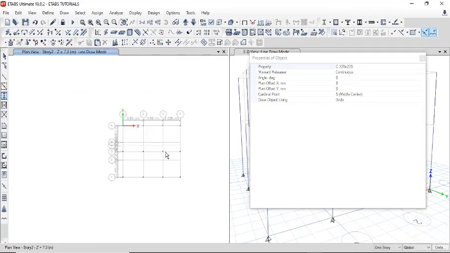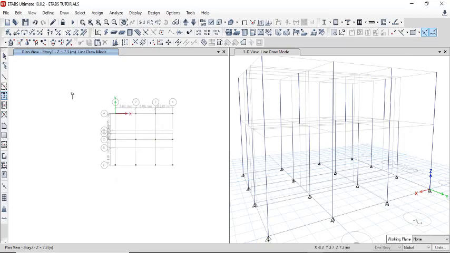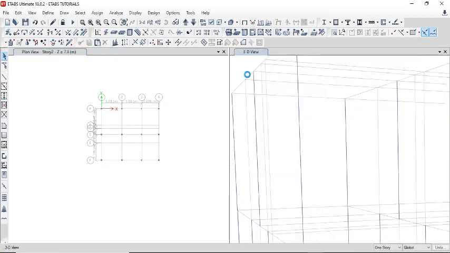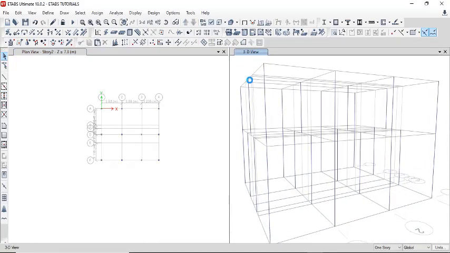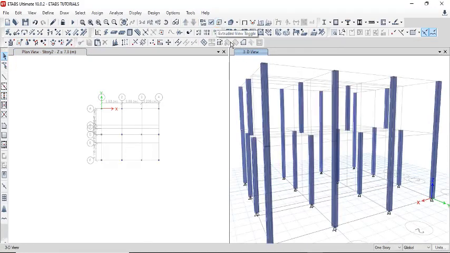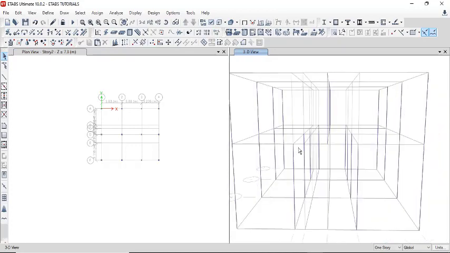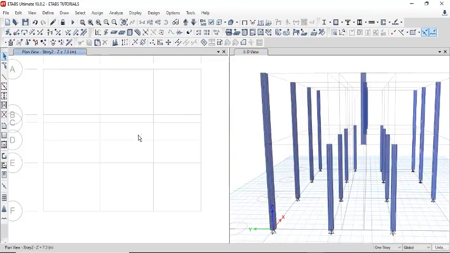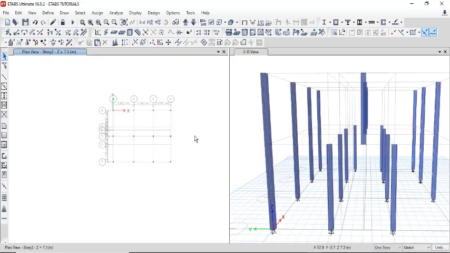Now after you finish placing your columns, then close the property of object dialog box, and then click back your select object. Then go to the 3D display windows. Then you can extrude view toggle to see your columns arrangement. So the next thing we are going to do now is going to be the modeling of our beams. Then later on, we'll now go to see the modeling of the slabs in our building.